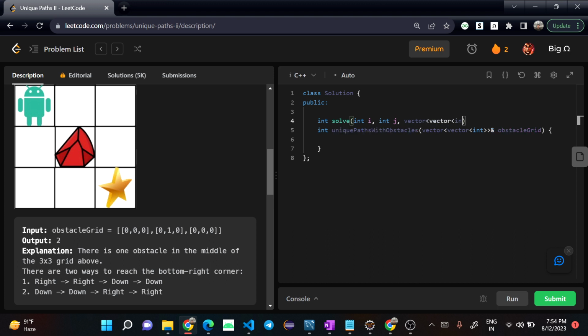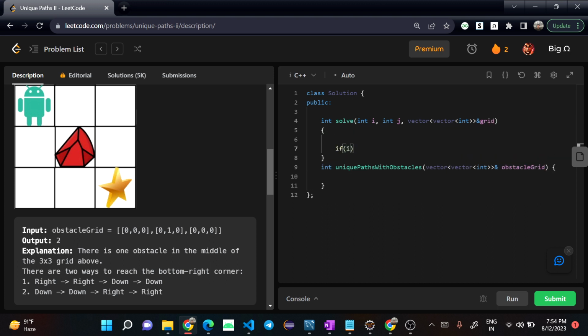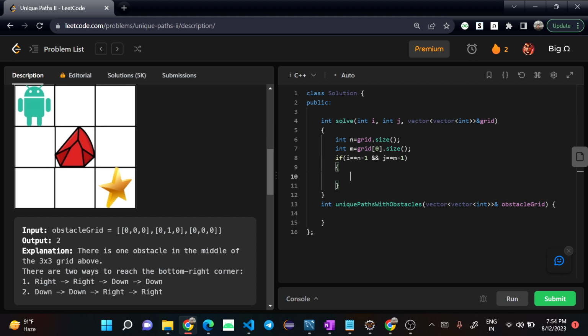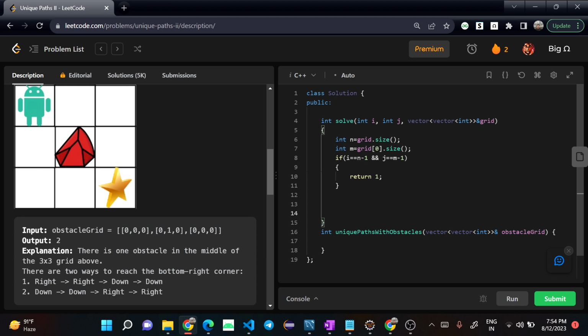Vector and grid. When I reach the bottom right corner, that is our base case. So before writing that condition, int n will be the total number of rows, int m will be the total number of columns. If i equals n minus 1 and j equals m minus 1, it means that we have reached the bottom right corner of the matrix. In that case we have to simply return 1. And else, we can either move right or move down. So for moving down or right,